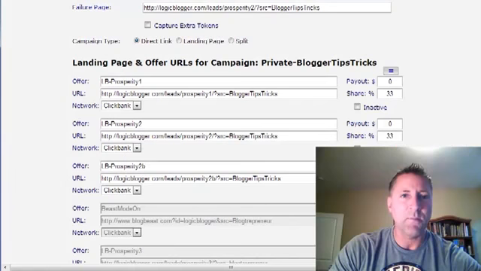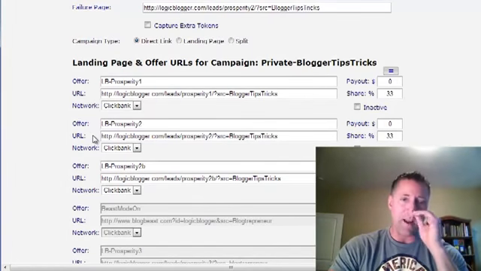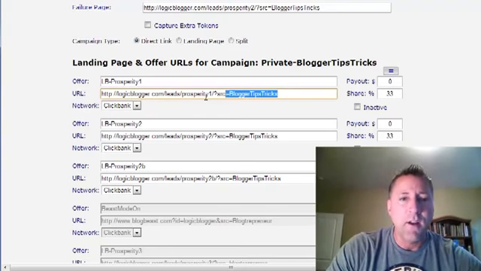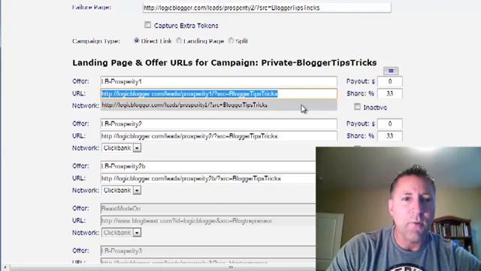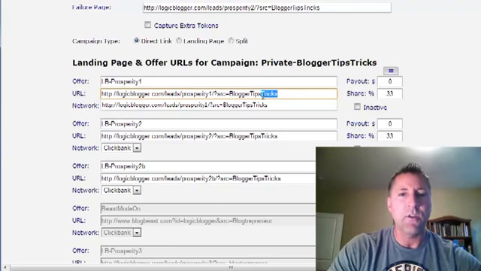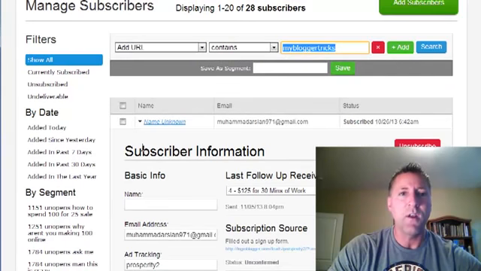So again, let me shoot back here. And if you're using HyperTracker, you can accomplish this same thing. Right here is the URL to my capture page, and what I've done is I've added in a tracking part there. So it says $SRC equals Blogger. Well, this is a different campaign, but I've broken that down so you can easily see that and monitor it, and that gets passed through in the lead generation part of this.